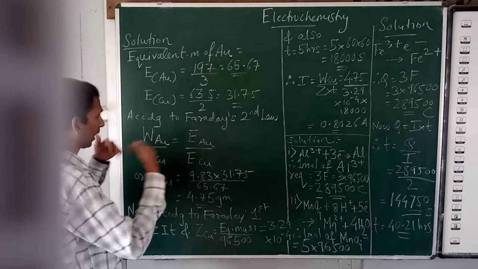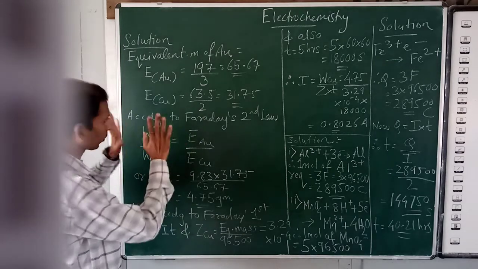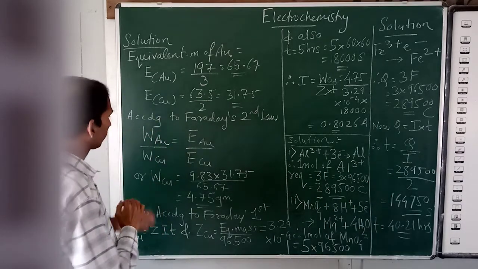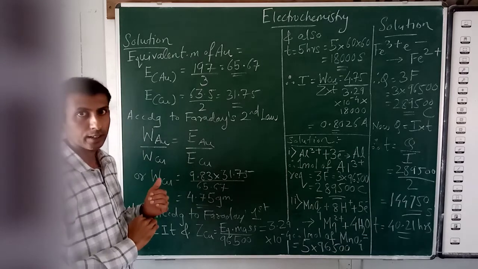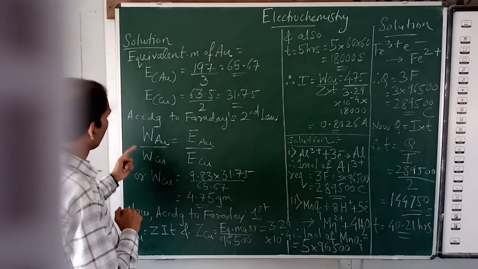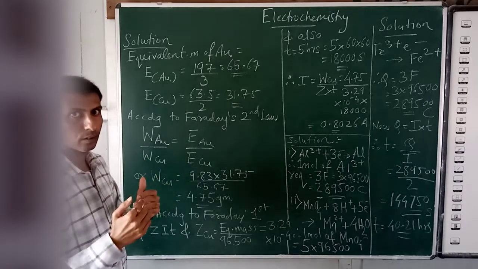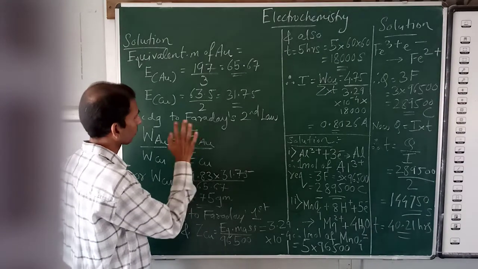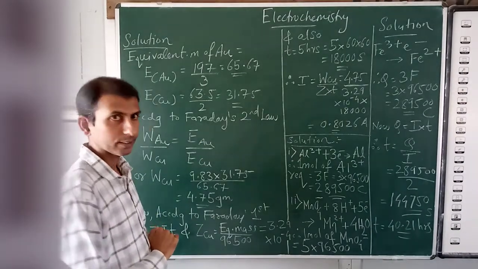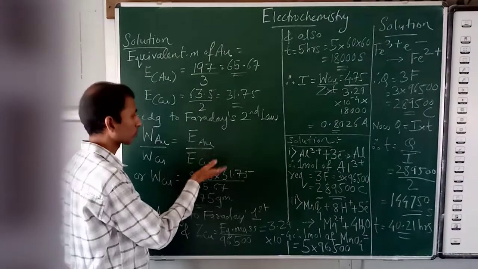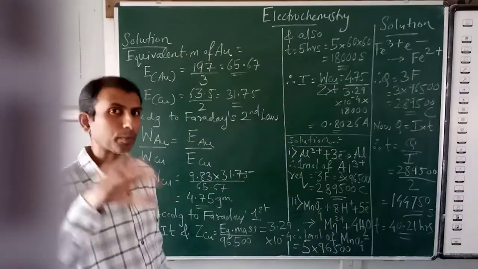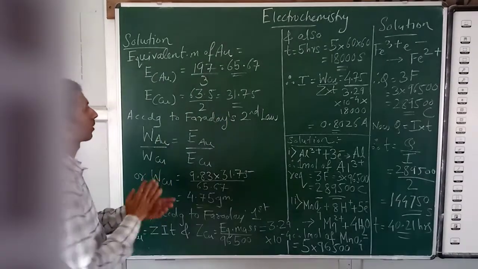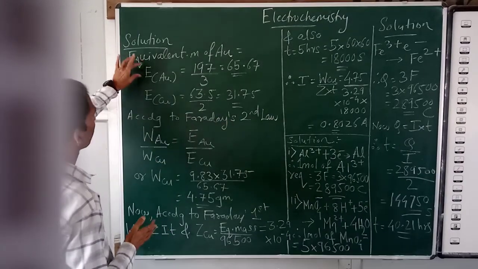Now what data we have with us to substitute in this equation? Very important, you have to pay attention. Mass of gold is given to you in the question. Mass of copper, meaning amount of copper, that we have to calculate. Then equivalent mass of gold we can calculate. Equivalent mass of copper also we can calculate with the help of atomic masses or atomic weights which are given in the question, in the data. How to calculate, now see here.